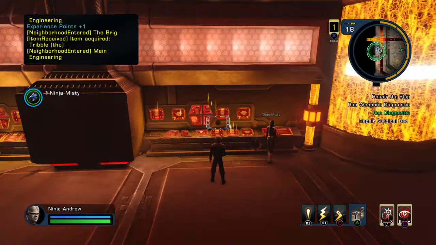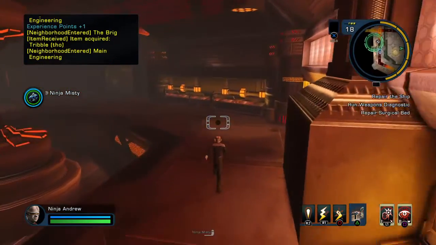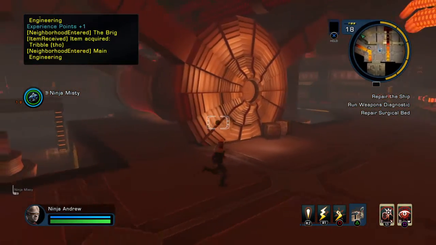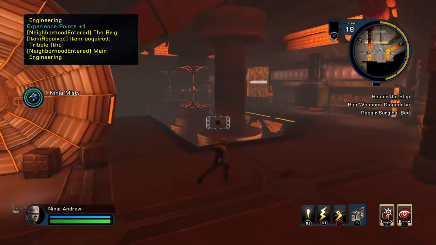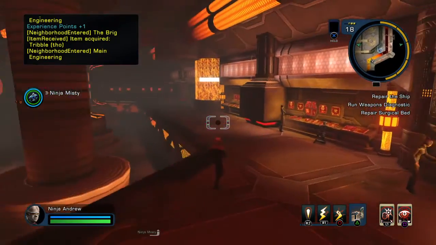Go to the sick bay and repair a malfunctioning surgical bed. Okay. Really? Return to the ship. Return to the ship, and by the way...